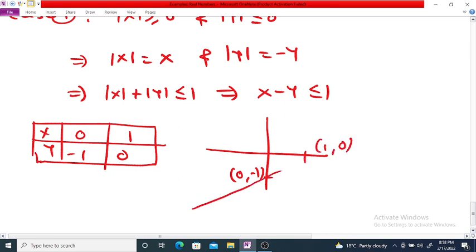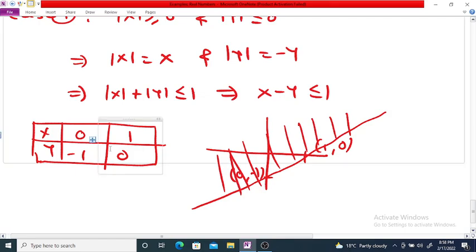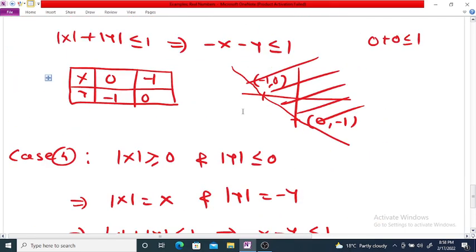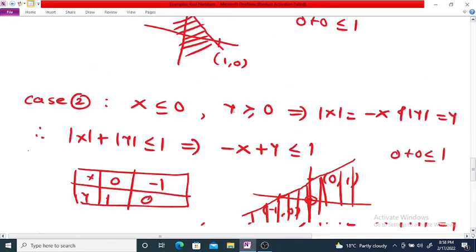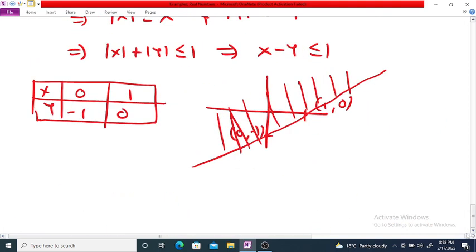Again, if we consider a line passing through these 2 points, and if we put the origin point here, then again it satisfies the equation. So all the points above this line satisfy the inequality x − y ≤ 1. So if we combine these 4 cases in a single graph, then we get